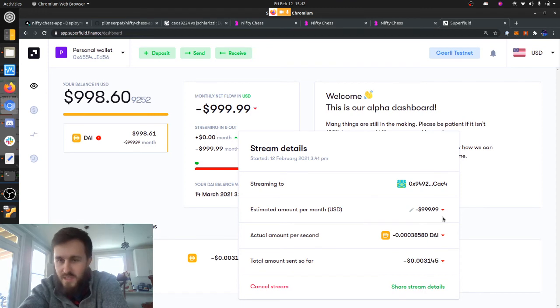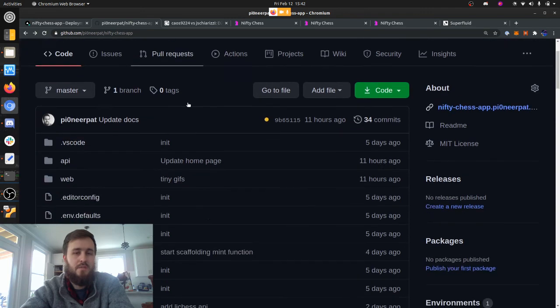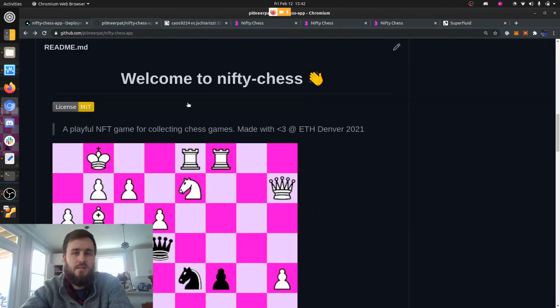So I'll probably add the ability to adjust that amount, but for now, this kind of just proves out how it was added. This is in the Nifty Chess app repo, and I'll put the link to this in the